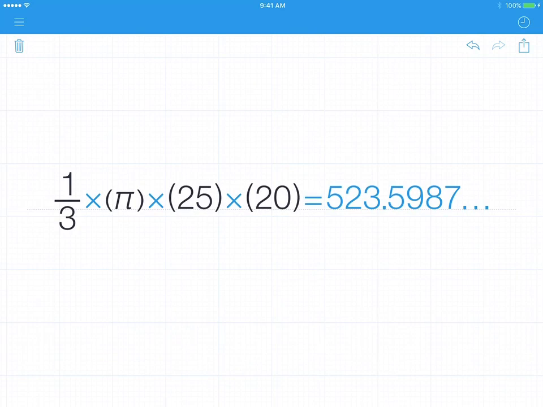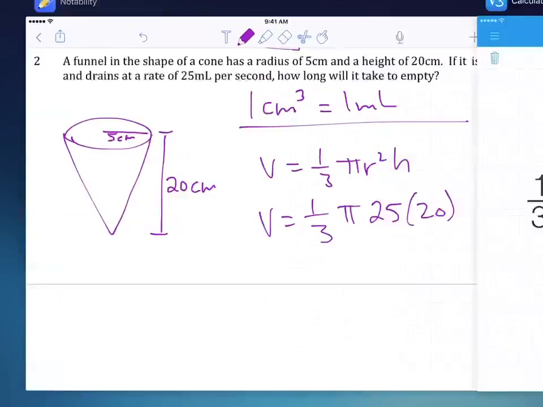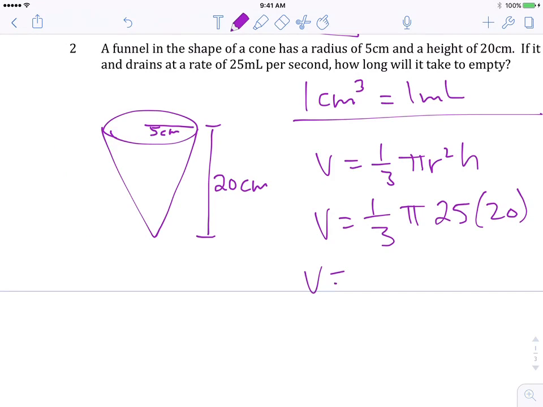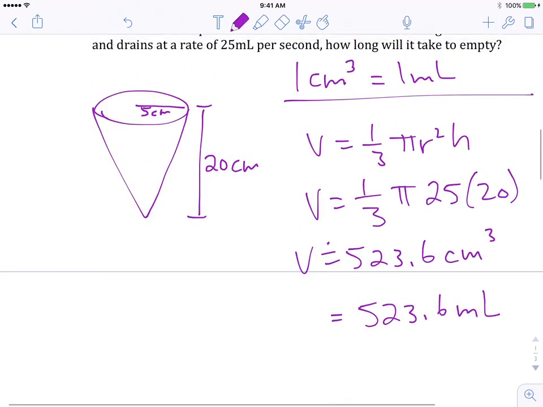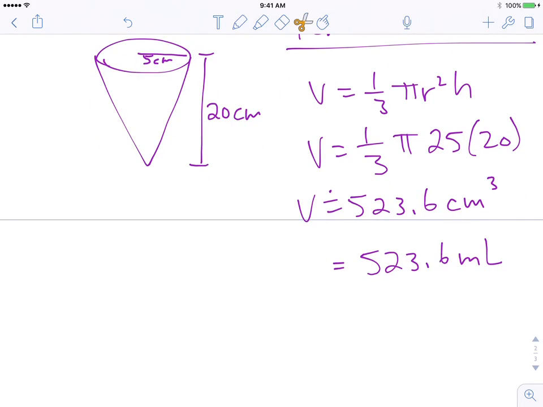is 523.6. So 523.6 approximately, and that's cubic centimeters, which technically is equal to, in terms of capacity here, 523.6 milliliters. Well, if that drains at 25 per second, right? Let me take this here. So we know that equals,